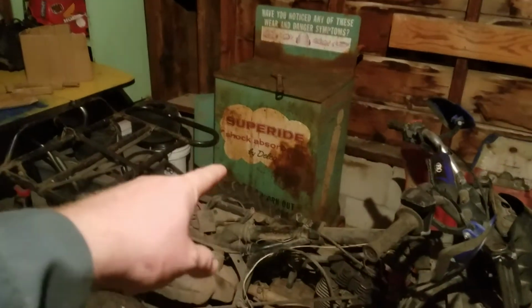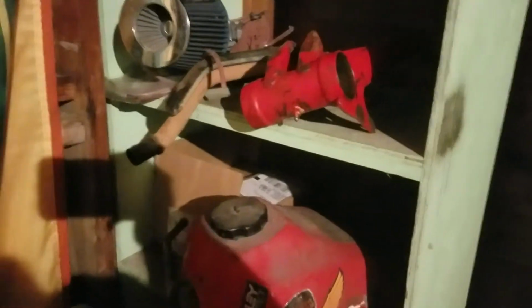I'm still moving in. It's like I still have totes of stuff that needs to go up above and everything like that. I can still see my tote right there. Obviously has 250R parts in it. That thing still has 250R parts in it, four-wheeler parts. And then I still have a swing arm for the spare parts build that I want to put in. And then just my racing 250R parts, four-wheeler parts,